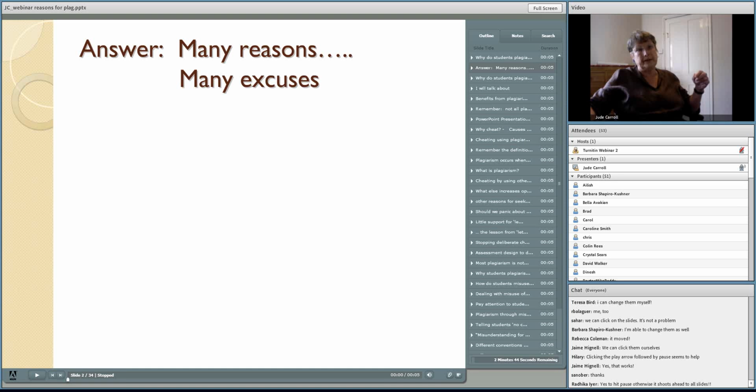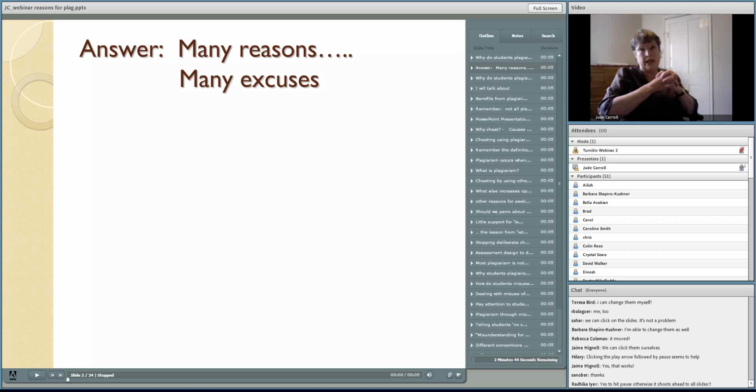At some point, they start to understand and look at that middle section where they think they know and they make a mistake. They think they understand what we want, but they've got it wrong. They think they understand how to use referencing systems, but they don't. They do the wrong thing. And at some point, they cross this red line. They move into the area I think about as misconduct, where they cheat. They intend to deceive. They intend to get an unfair benefit. So when I'm talking about why do students cheat using plagiarism, I'm up in that top quadrant of plagiarism cases.